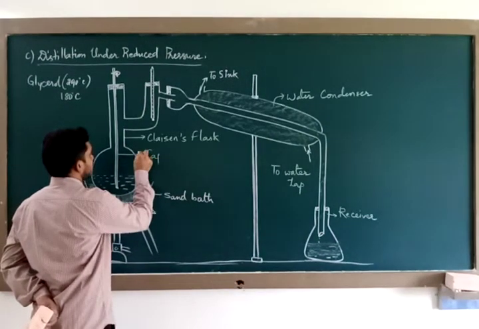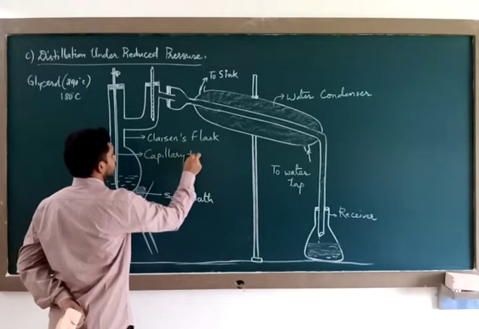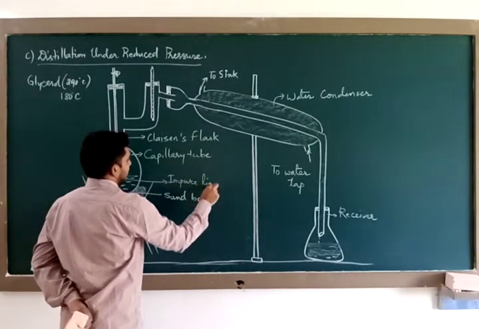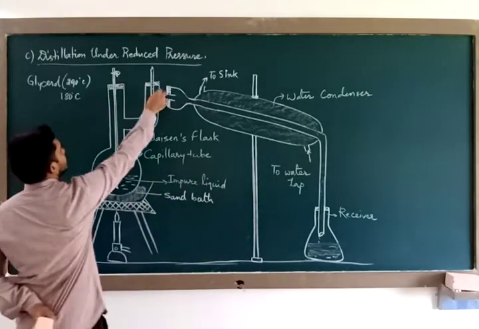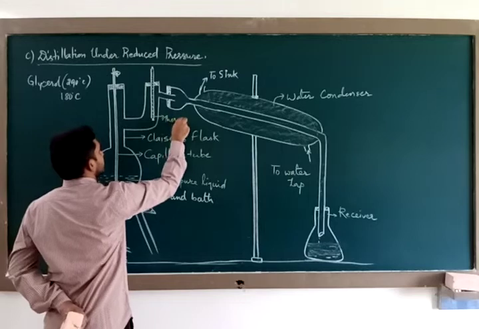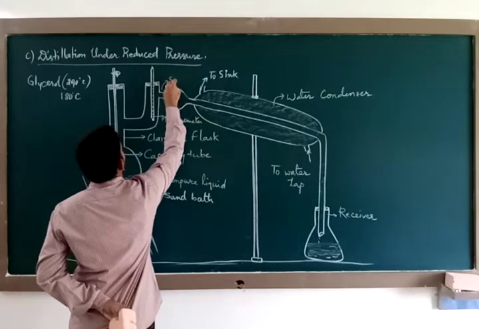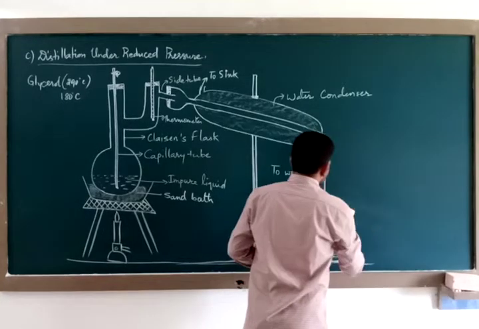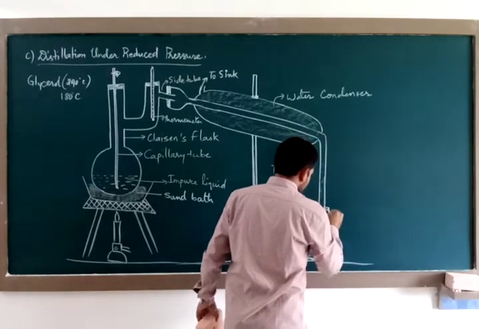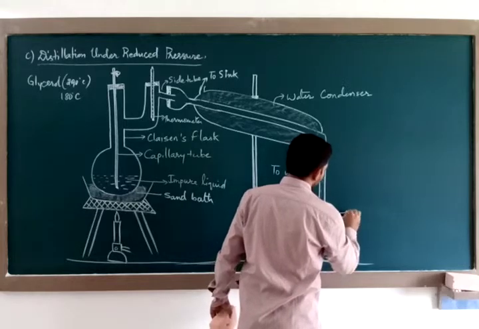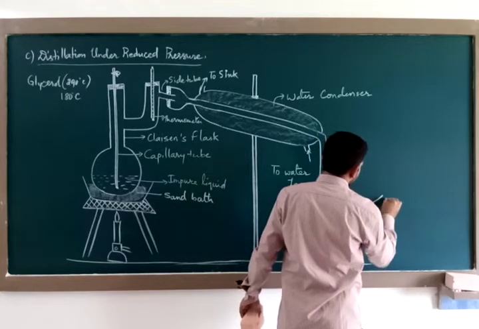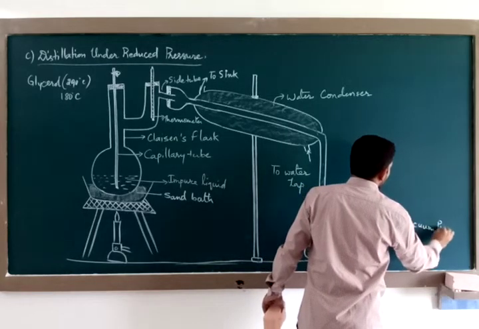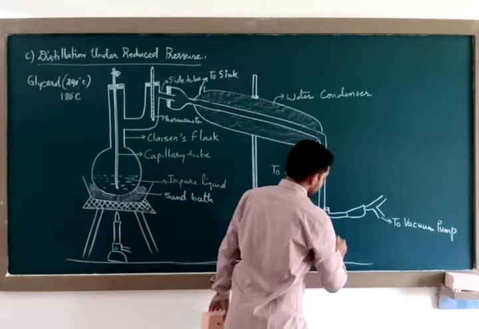Then you have the capillary tube, a very thin glass tube. Then you have the impure liquid. This is one neck, second neck, this is the thermometer. This one is the side tube. Then the others are common. The extra additions are that the receiver is connected to a vacuum pump or to a water pump. So this is to the vacuum pump, this is normally the receiver,